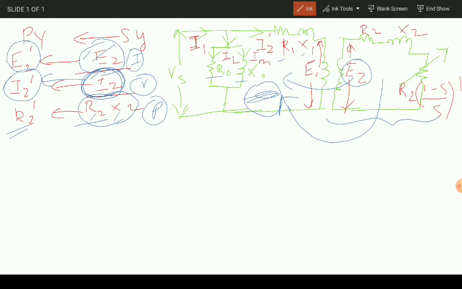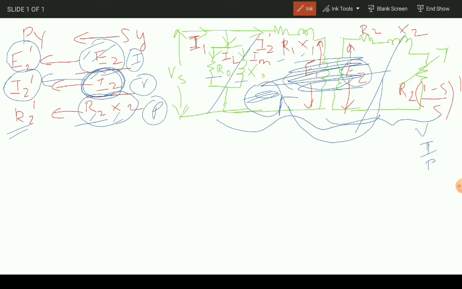So we have three categories of parameters to transfer: voltage, current and power. How do we transfer? The concept is, we want to make the voltage equal. It means if this circuit and this circuit come to the same operating voltage, then it becomes a single circuit diagram. So we have to equate it. We have to say this voltage is the same, or this current is the same, this power is the same.